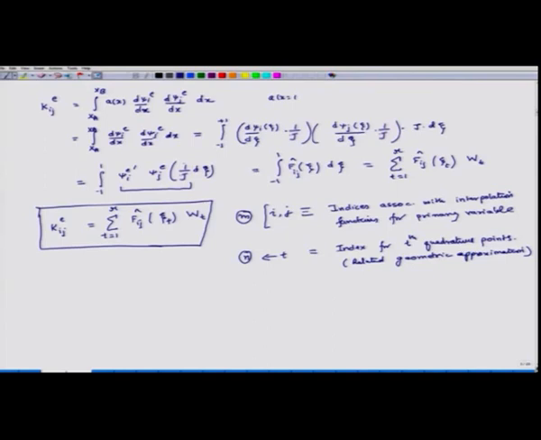So, this is important to understand. While we are doing all this mathematics, or if we are developing code, we have to make sure that we carefully handle these indices, otherwise we will get confused and we will get bad answers. This is very important to understand. So, this is the formula we have to use to calculate Kij.